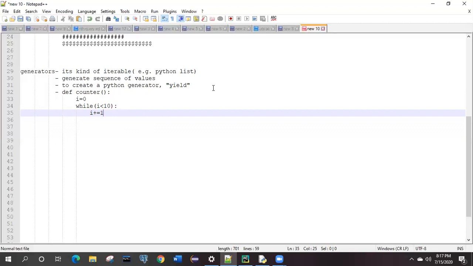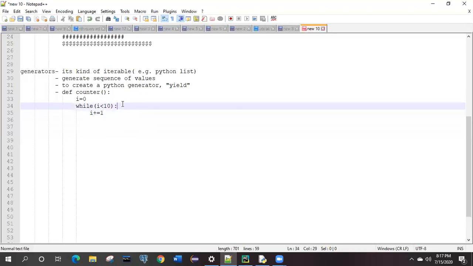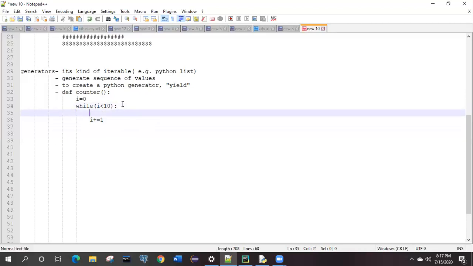But where is the generator over here? We didn't see any generator till now, right? So we have to write the yield keyword over here. What will it yield? i+1, whatever you wish, it will yield.